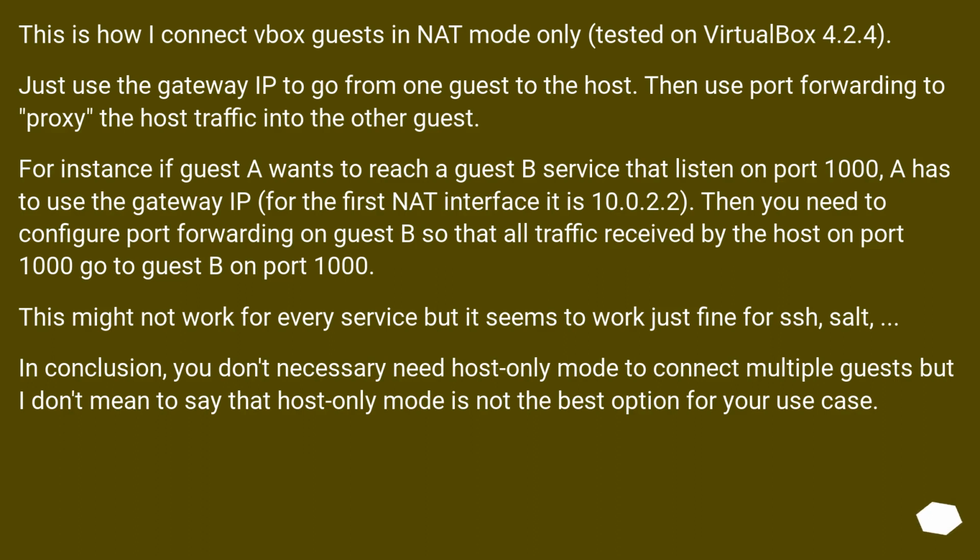This is how I connect VBox guests in NAT mode only, tested on VirtualBox 4.2.4. Just use the gateway IP to go from one guest to the host. Then use port forwarding to proxy the host traffic into the other guest. For instance, if guest A wants to reach a guest B service that listens on port 1000, A has to use the gateway IP. For the first NAT interface it is